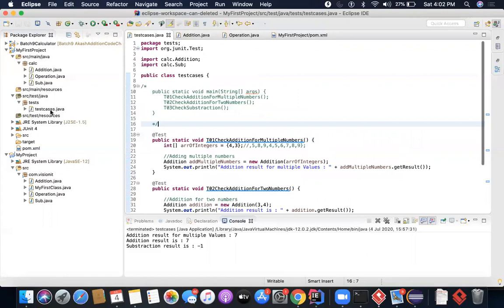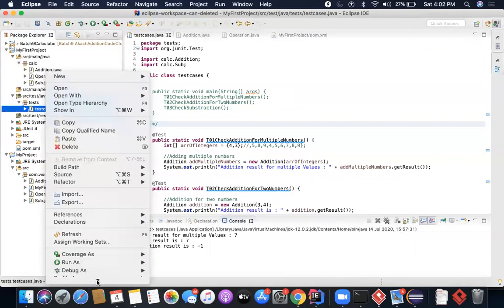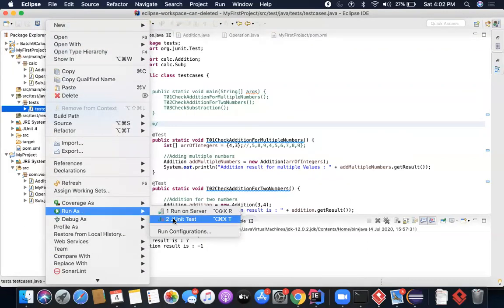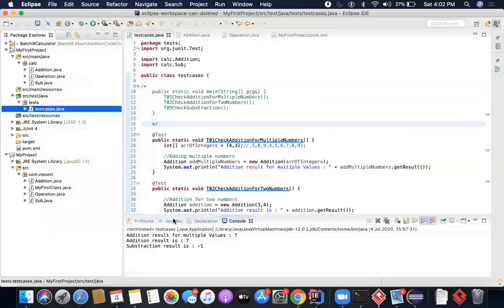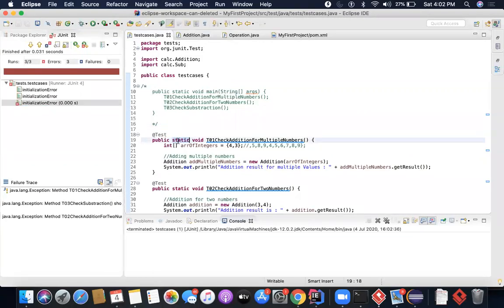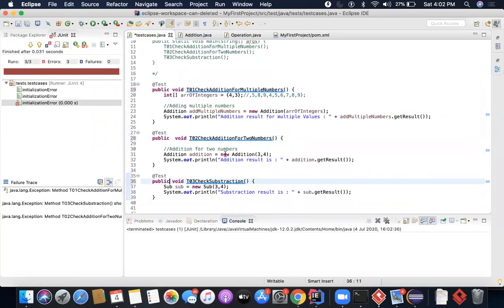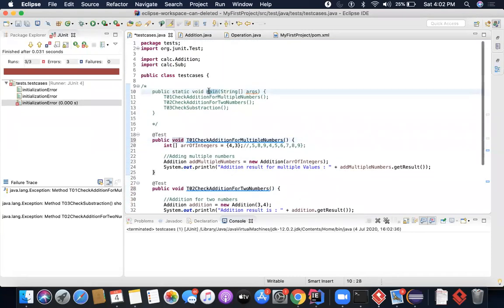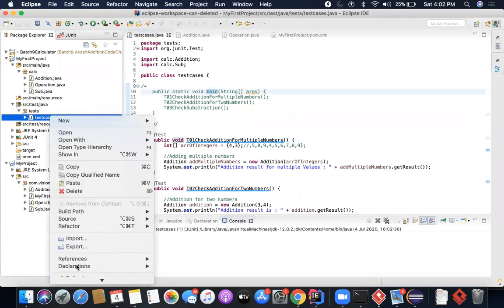Now, if I want to run it, I will go here. I will go to run, and I will get another entry called JUnit Test. So run it as a JUnit test. If I do this, it will actually execute. I think there is some mistake. It should not be static. Oh, okay. So I will have to remove these statics now because JUnit doesn't execute static methods. I added them because I was making the call from a static method, but I don't have to do it now. So I can simply run them like this.